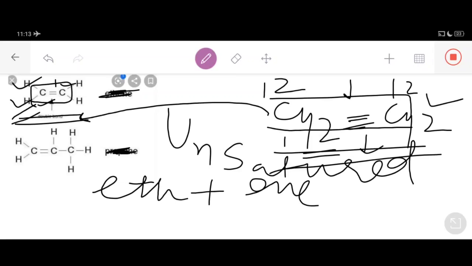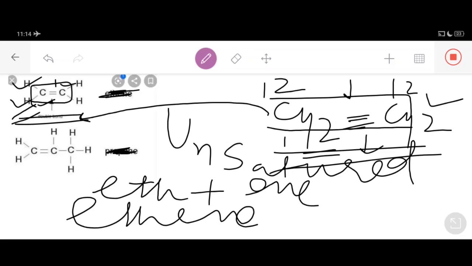Now combining eth plus "-ene", the IUPAC name of this compound is ethene. Ethene, dear students. The IUPAC name of an unsaturated hydrocarbon containing 2 carbon atoms and a double bond is ethene. So somebody will pose the question: what will be the IUPAC name of a hydrocarbon